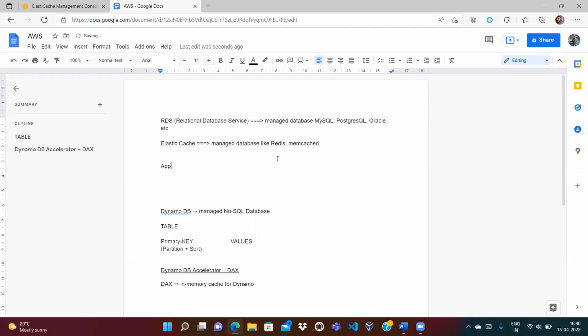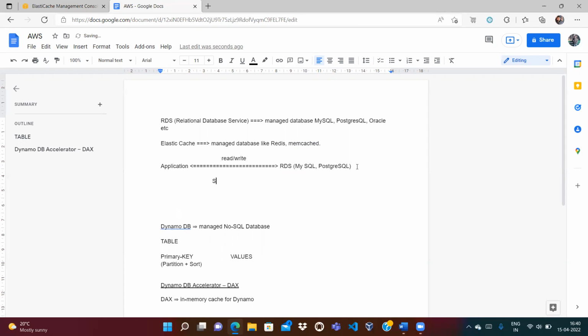Let's suppose we have one application, and the application is doing writes and reads both ways from any RDS database, maybe MySQL or PostgreSQL, any database. So one application is doing read-write operations on the RDS database, right? But there could be many queries. There could be the same query which we are running